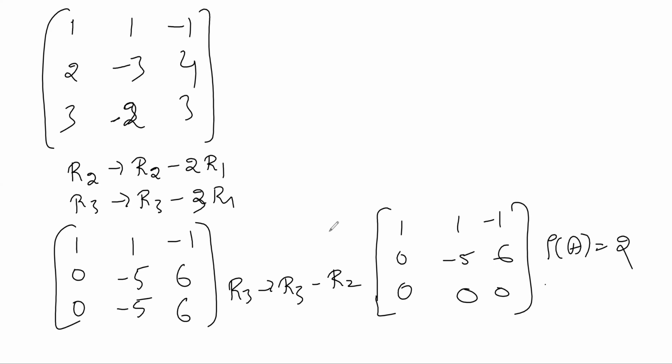Kirtana, where did you make the mistake? In the third row, you made the mistake in the first step itself. I did not see it properly. There was a minus 1, I left the minus 1. I took it as 1. Okay. Others understood? Yes, sir. Any doubt? No, sir. Okay.